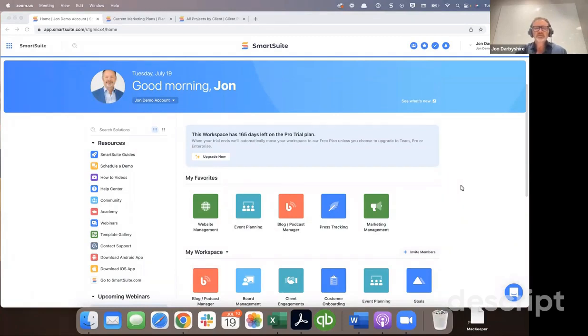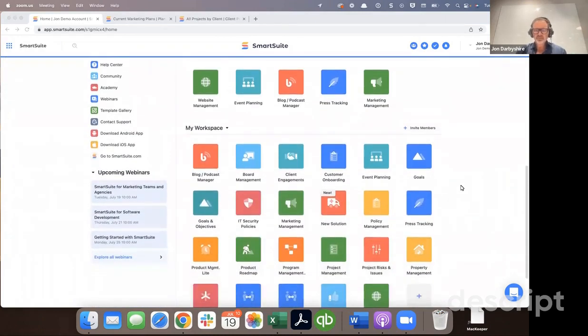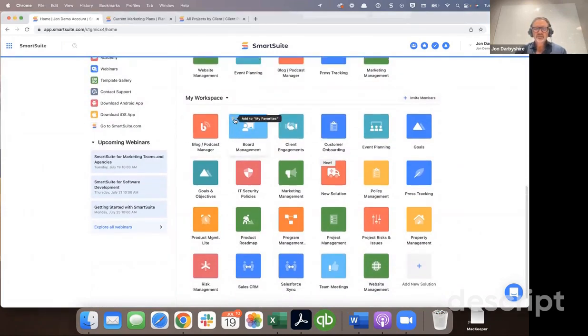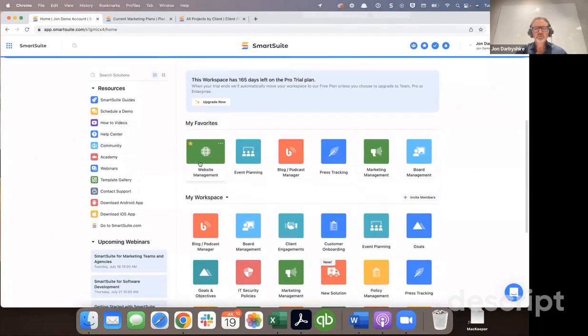So what I'm looking at now is just the home page. When you log in and you've set up your profile, you will see a page that will include a list of solutions inside of your workspace that you've been granted access to. I can hover over any one of these solutions and click the little star icon that's here and move those up into my favorites panel that you see at the top. It's quite common that if you have access to quite a number of things, you'll create your own